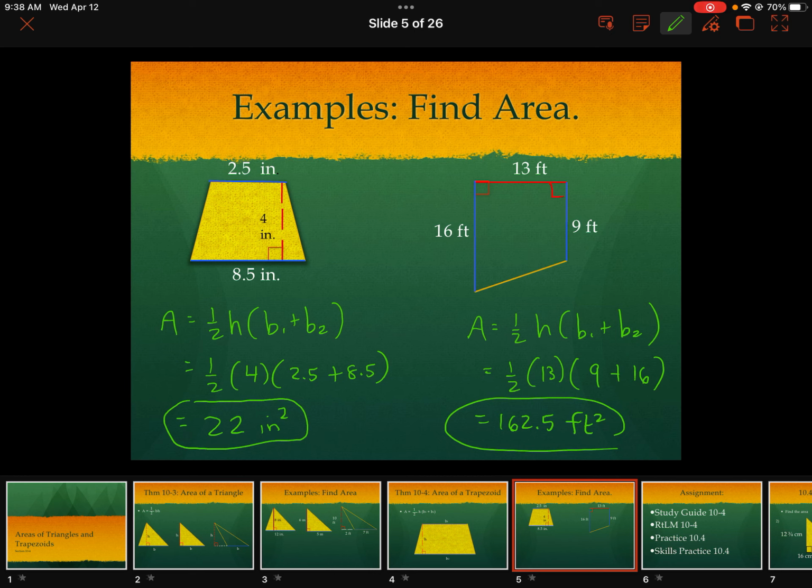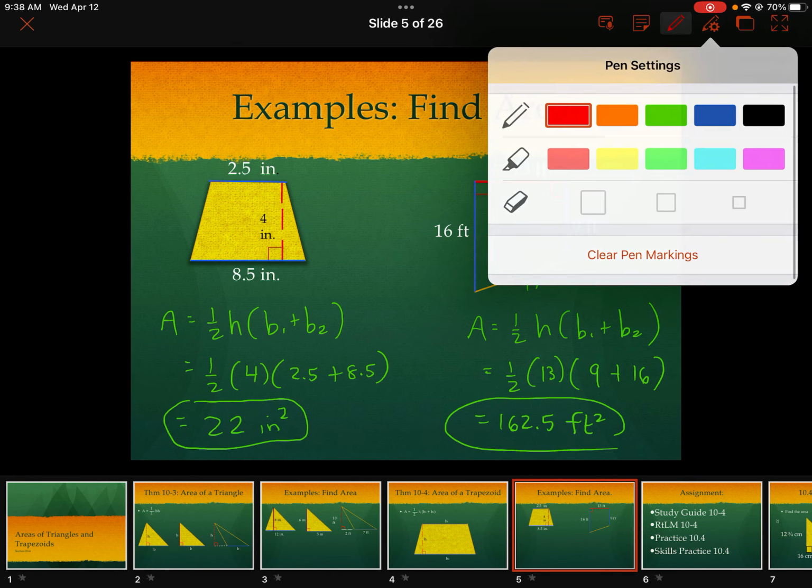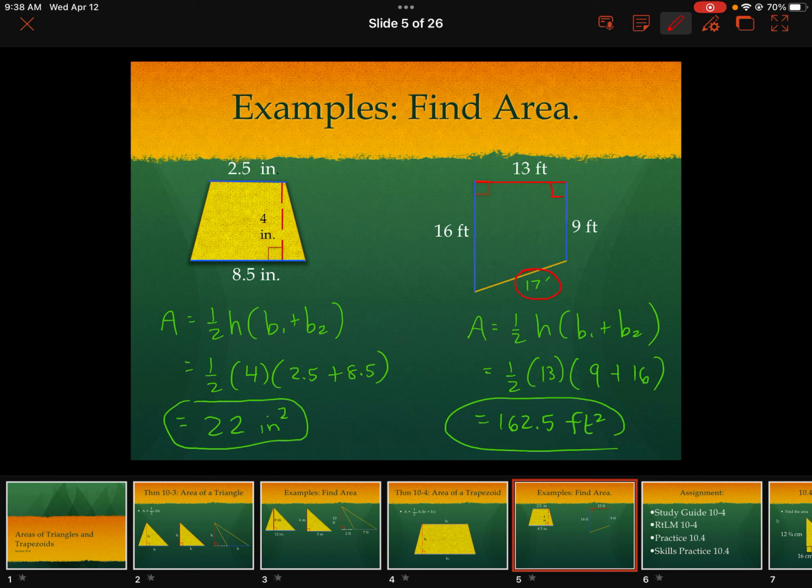Okay, so keep your eyes open for this odd example. They might, from time to time, tell you this also. Maybe that orange segment is 17. Make sure you're aware that you're not using that guy because it's a slanted segment. You want segments that are perpendicular to